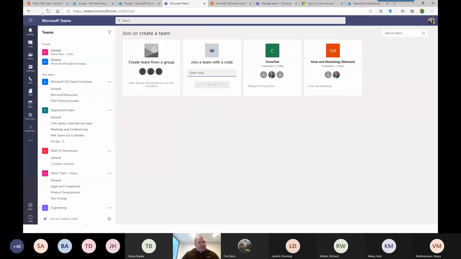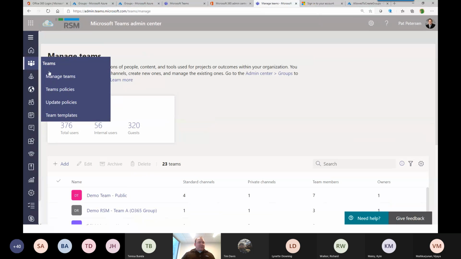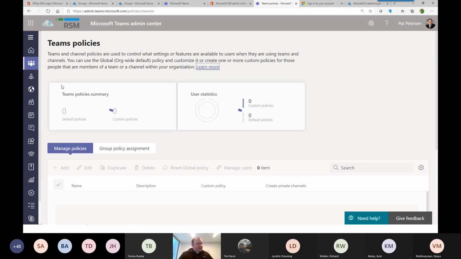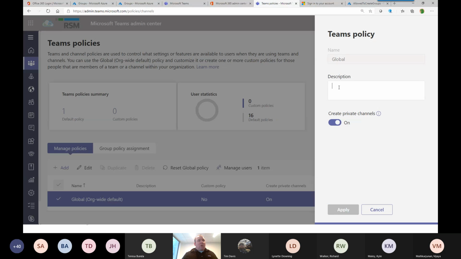All right. So for us to take a look and start to see that information, those are all inside of the Teams app with some of the different policies that are there. I'll zoom in a little bit more here for us. The first item in policies to take a look at is the concept of Teams policies. Teams policies are not that exciting. It's whether or not you can utilize a private channel. A private channel in this case, remember, does create a separate SharePoint site for you to take a look at. So that's an important element here to understand, whether or not you want users to be able to create private